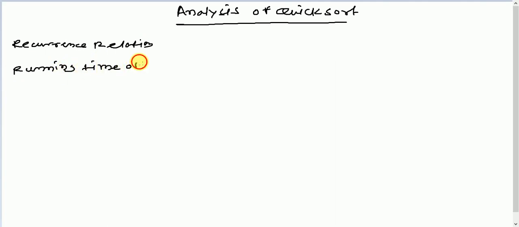Now look at the analysis of quicksort. If we look at the time complexity of quicksort, that is, the speed of execution, it actually gets determined through three things. The first thing is the recurrence relation. So here we have to establish, first of all, the recurrence relation. It is a recursive type, so we say the running time of quicksort will be given by